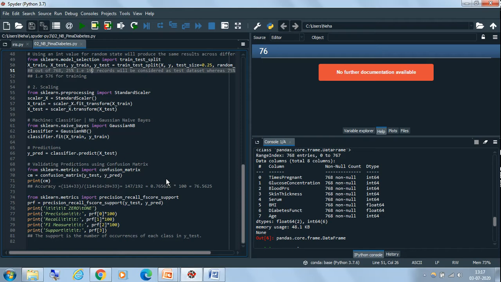For scaling these features, we can use two things: normalization and standardization. In this case, we are using standardization. What standardization does is it standardizes the features of your data set in such a way that the mean is 0 and the standard deviation is 1. That is exactly what standard scaler does.